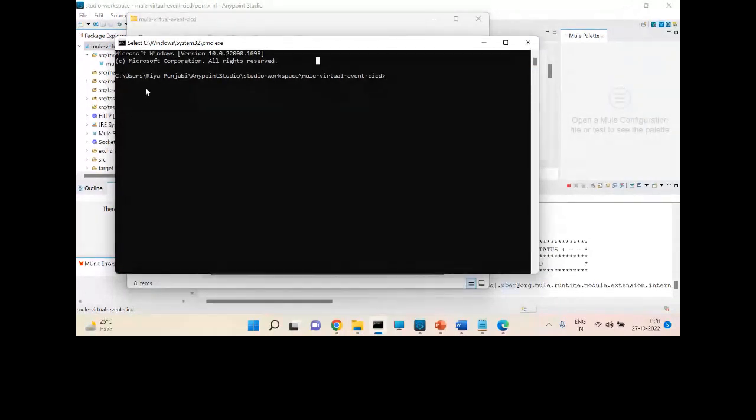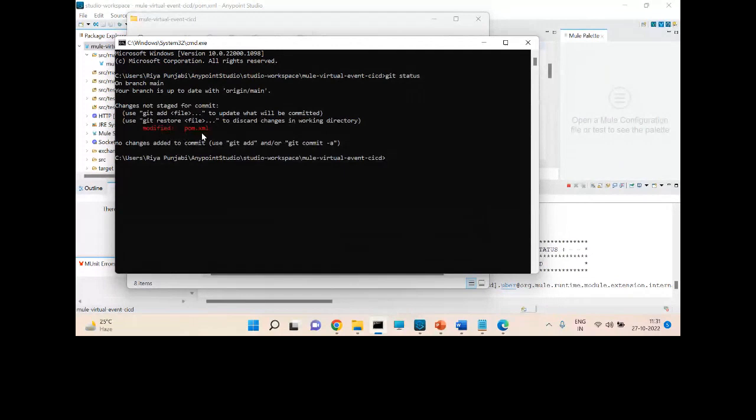So this is my folder location, and for adding, I'm first checking the git status. Here I have updated the pom file, so it is showing me modified pom.xml. Otherwise there are no changes. So I am now adding this change. Only this is the change. If I want to take all the changes, then I will put dot, and I need only this change, and this is the only change, so I will add dot.